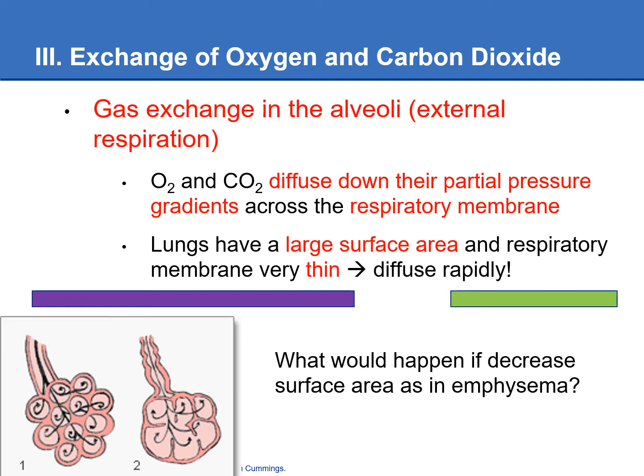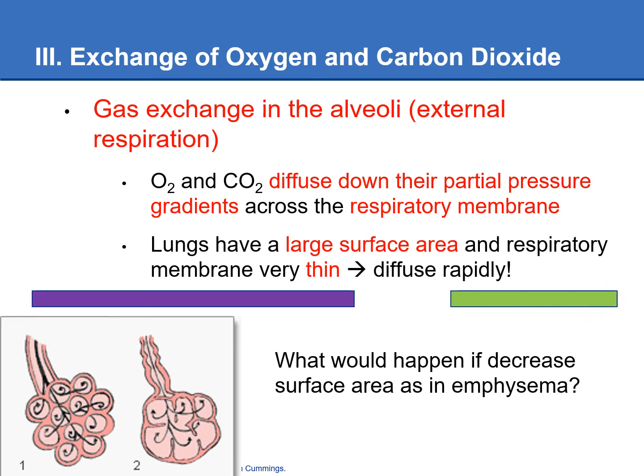So let's take a look at the surface area of the alveoli. Remember, it's really large. It's about the size of the area of a tennis court. So if you have a very large surface area represented by this purple line, you have lots of spots here where oxygen and carbon dioxide can diffuse across. And compare that to if you had a small surface area. You're not going to be able to get as much oxygen and carbon dioxide across